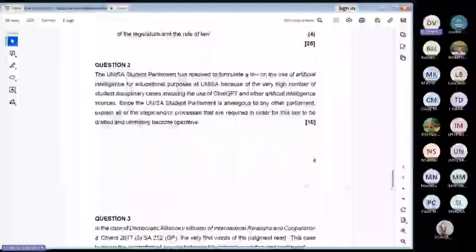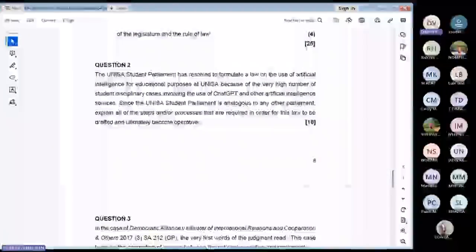The next step would be then to refer this bill to the appropriate student committee that oversees this particular field. They would review it. They would get participation and involvement from the student body, from the institution, lecturers, and other interested parties. So their job is to canvass the public participation side and see what everyone has to say about it. Once they've done that, they would then take the bill, they'd send it back to the student parliament for